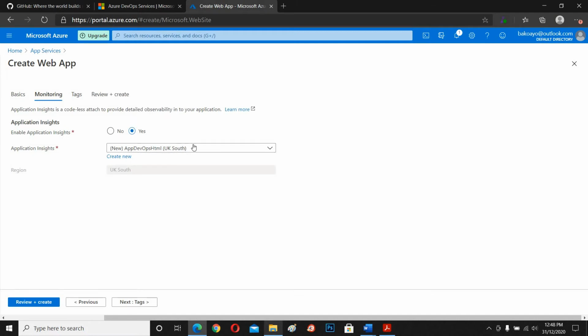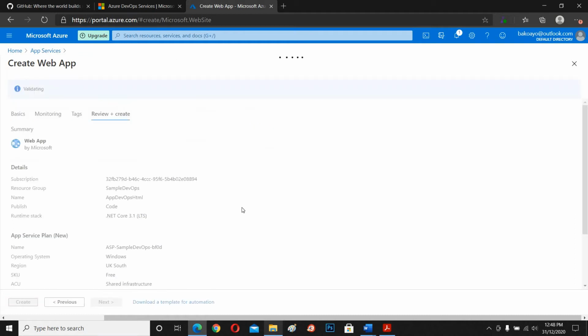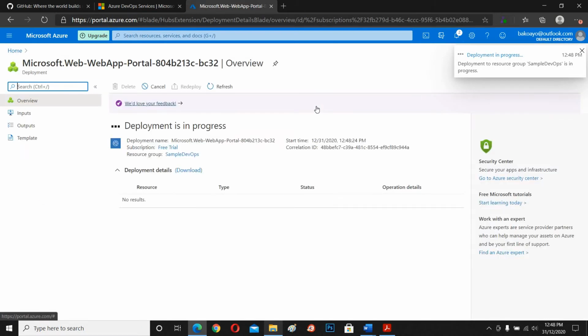Just leave this setting as it is. Next. Nothing to do here as well. Just review and click create. While the deployment is going on,